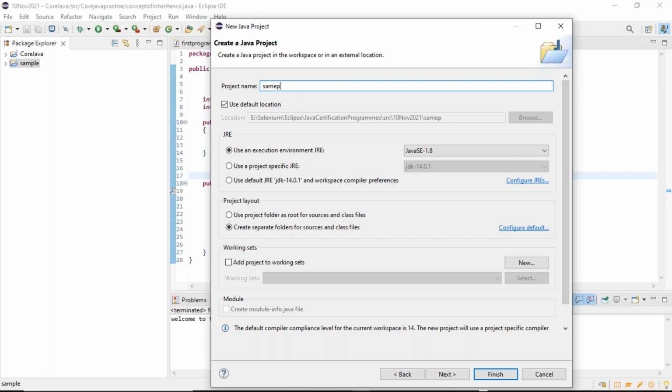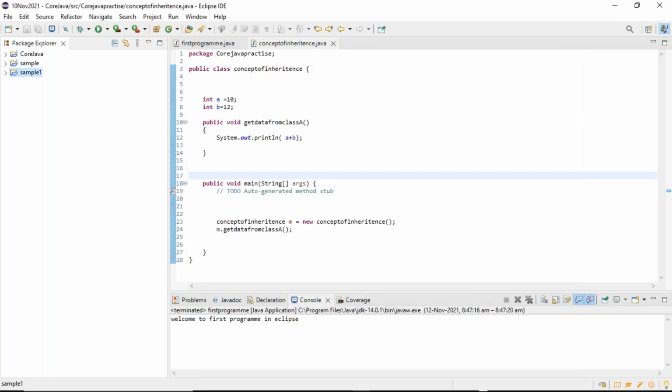The name: sample. No, the name already exists, so give Sample1. Okay, finish. What is the result, sir? Why is it happening like this? Expand Sample1. Java 8 is there. Now create a package and class and print one statement.